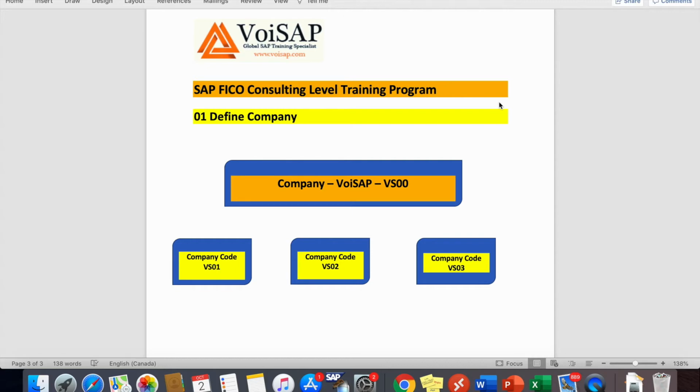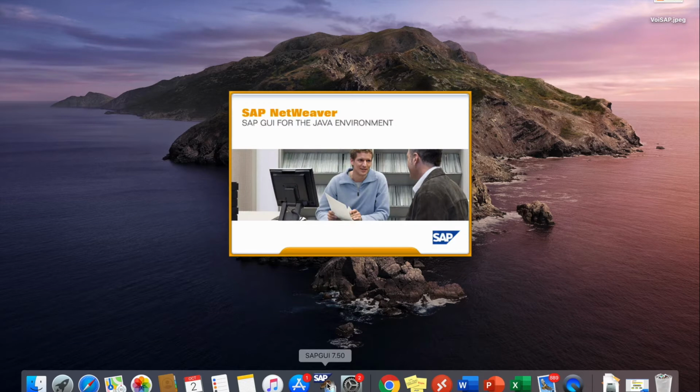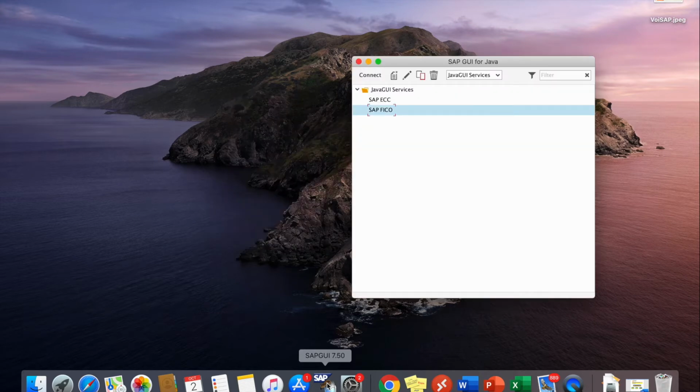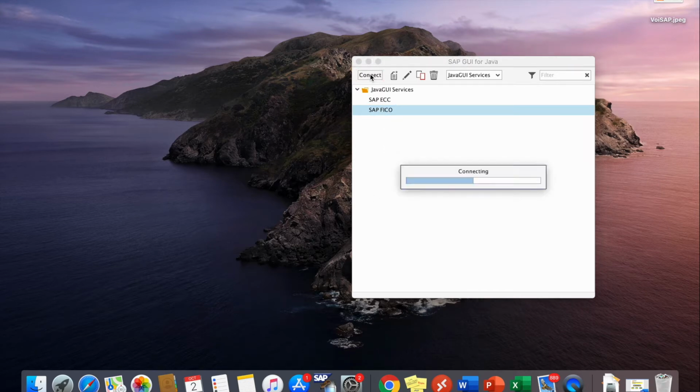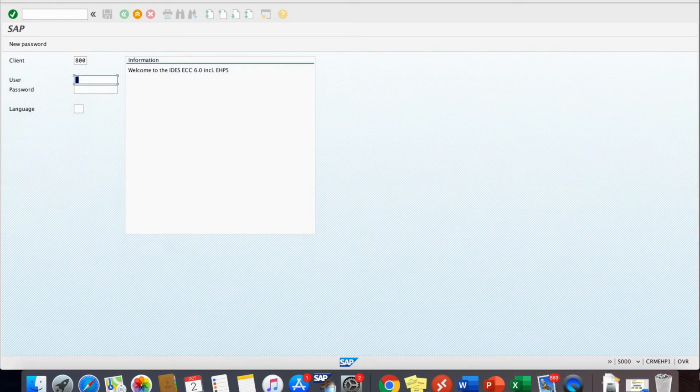In order to log into the system, you need to click on this pad which is called as login pad. Click on the login pad and then system will give you one screen where you will see the connection which you have created in order to access SAP. I'm going to click on the connection and click on connect. Once you click on connect, you will see one screen where you need to provide your username and password like this.